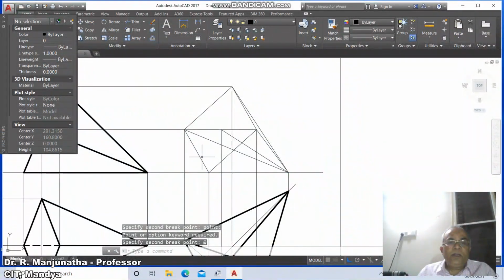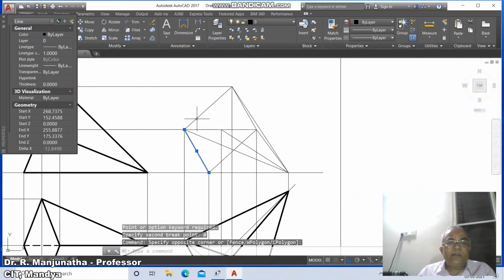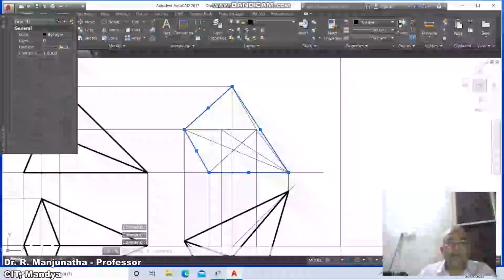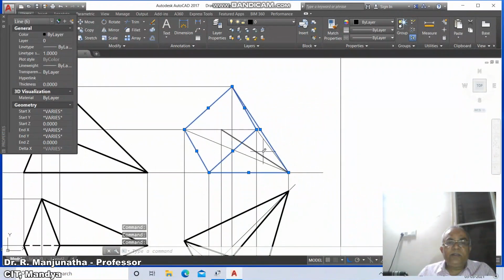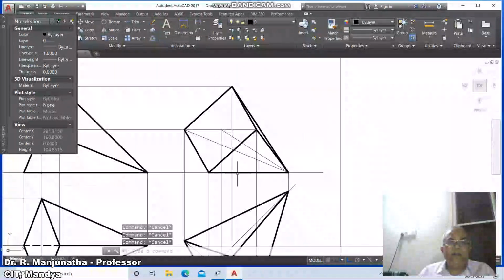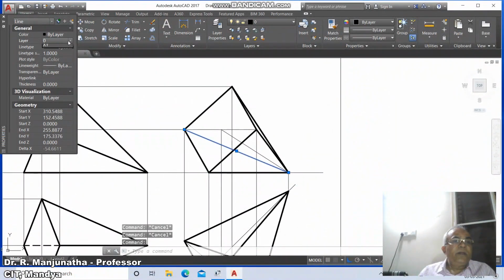And now you take all the exterior edges of the boundaries of the solids that are visible, and the surface near to the observer is visible, and the two edges are also visible edges. Then go to layer and make it visible, and the edge which is invisible, because two visible edges can never cross each other, so that is the condition.